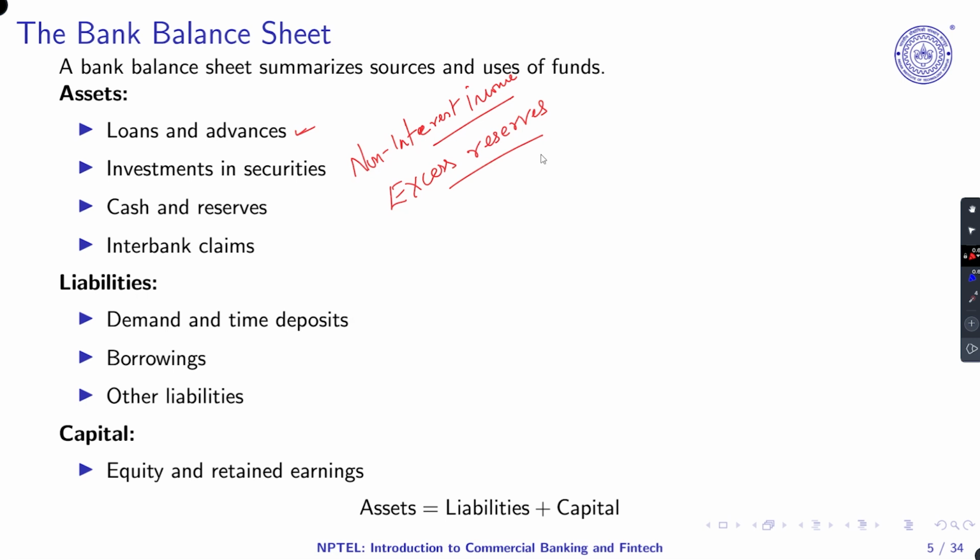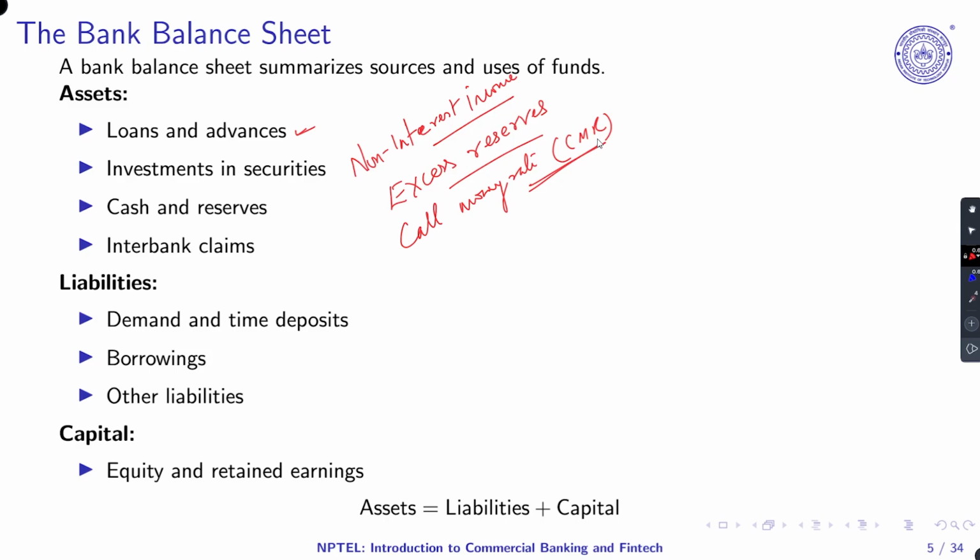So interbank means that they have gone for borrowing and lending at something called the call money rate. This we did, right? We call it CMR. So this is overnight borrowing and lending happening. It is offered at a much higher rate than the call money rate, and this is where it becomes important. And then in liabilities, here we have demand and time deposits, borrowings if they have done, and other liabilities, meaning deferred tax and dividend due. So those things are included in other liabilities.